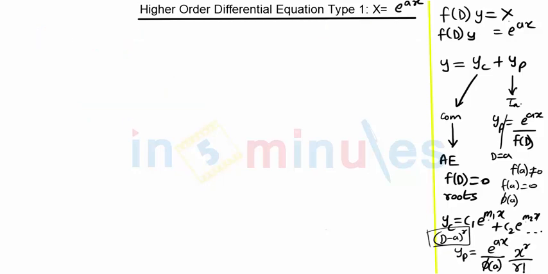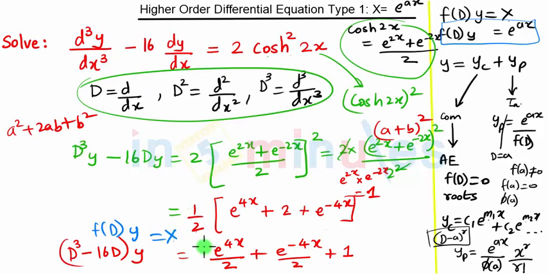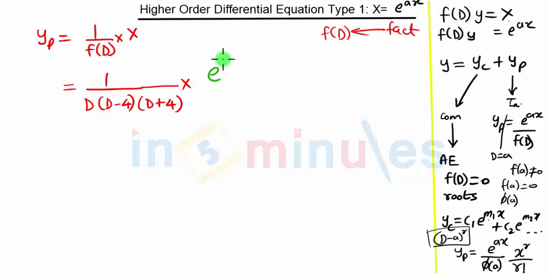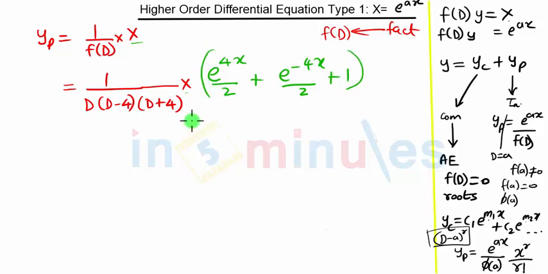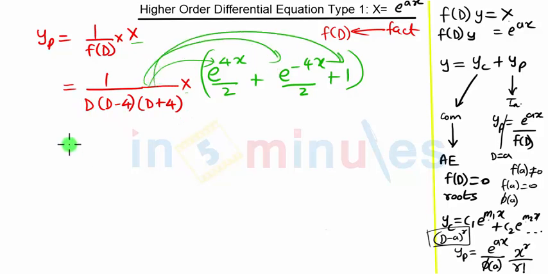What is x? From this equation, our x is this part. Our x is e raised to, this is a multiplication sign, don't confuse x with the multiplication sign. So e raised to 4x upon 2 plus e raised to minus 4x upon 2 plus 1. So this is our x. Now after this we multiply this part with each term. So we will get e raised to 4x upon 2 will remain as it is, this